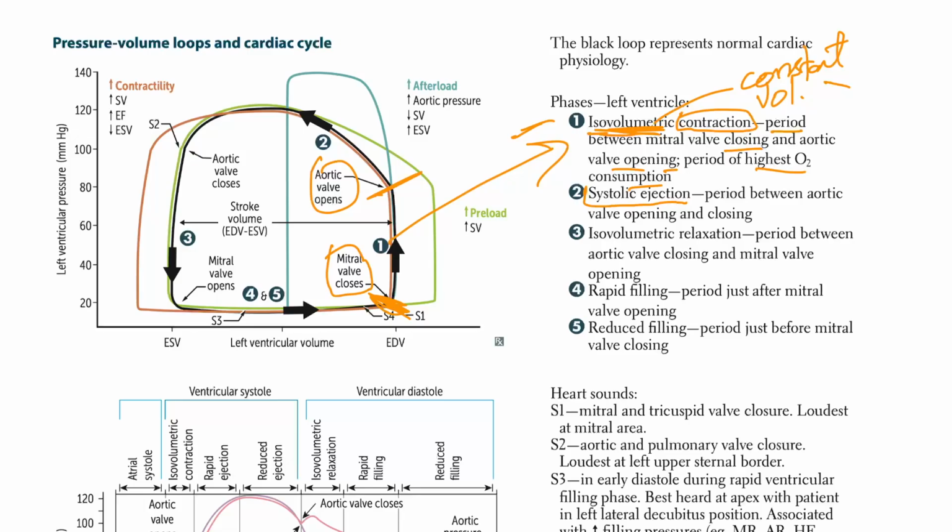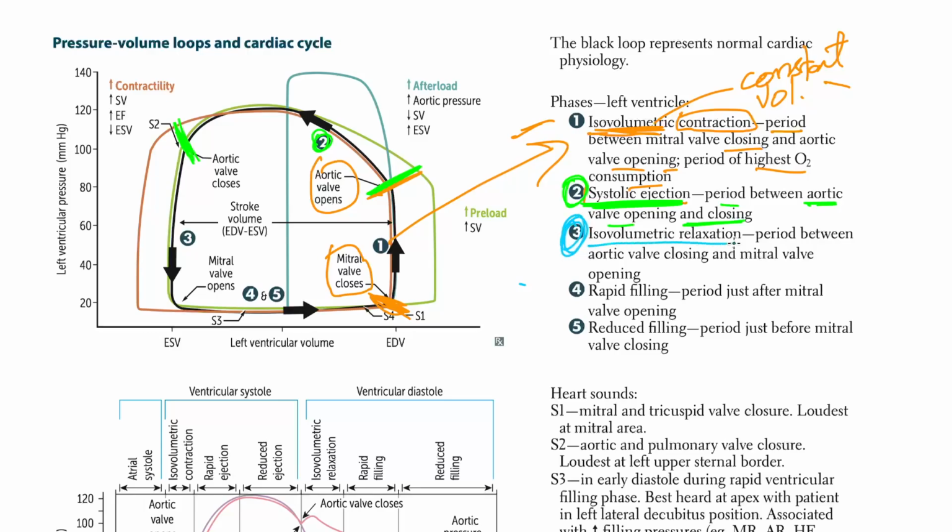So let's change color. This is point 2, which is point 2 here. So from this point, when the aortic valve opens, to this point, it is going to be your systolic ejection, which is the period between aortic valve opening and closure. Okay, now what's the next one? The next one is about